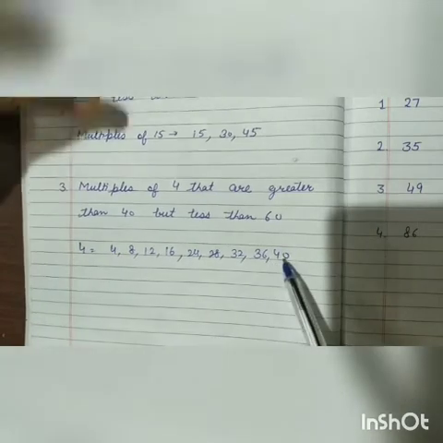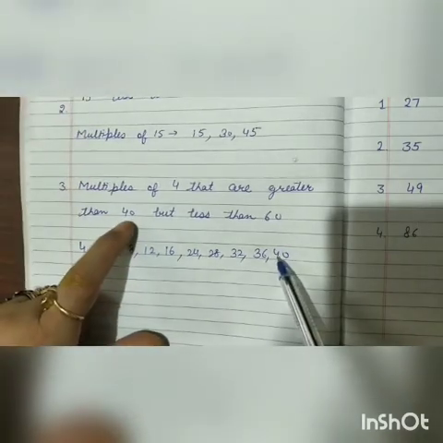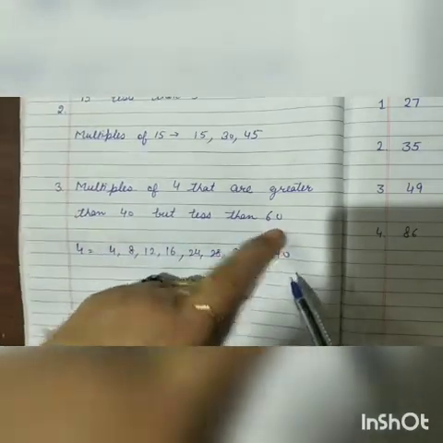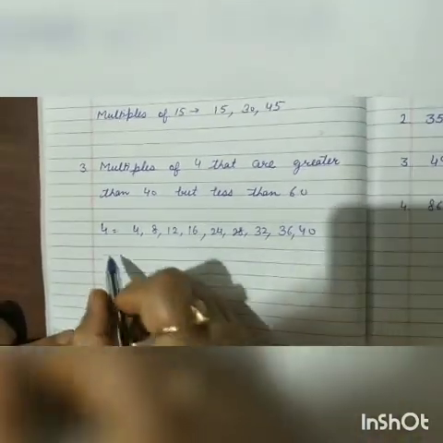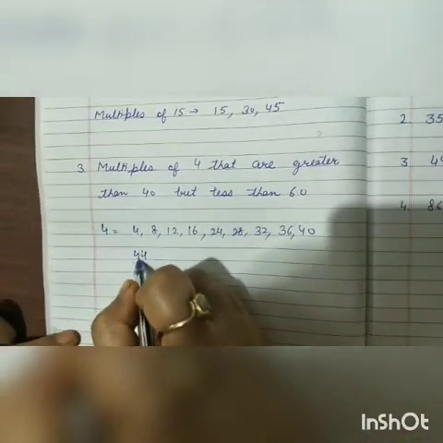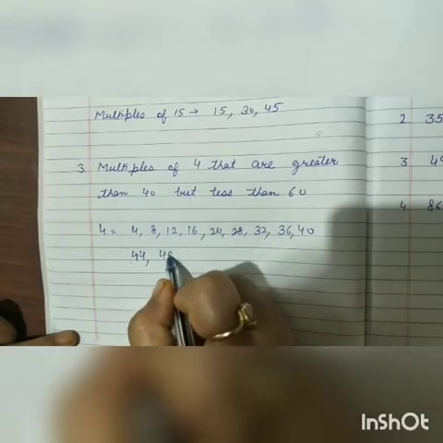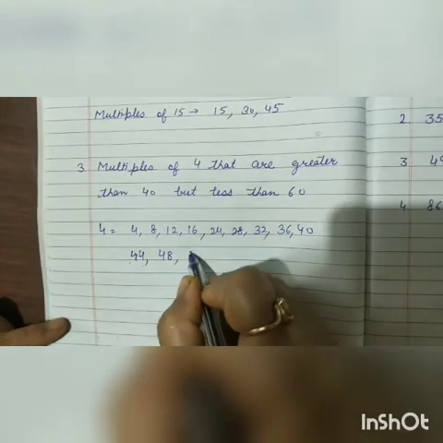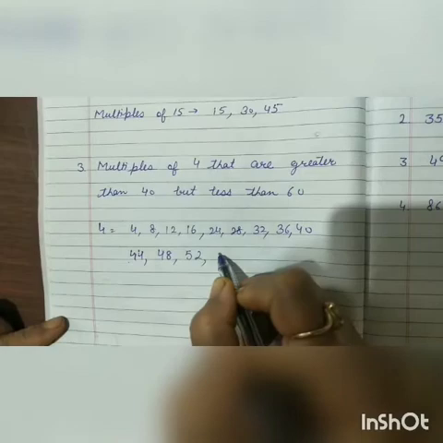All these are less than 40, but we have to take greater than 40 and less than 60. So 4 11s are 44, 4 12s are 48, 4 13s are 52, 4 14s are